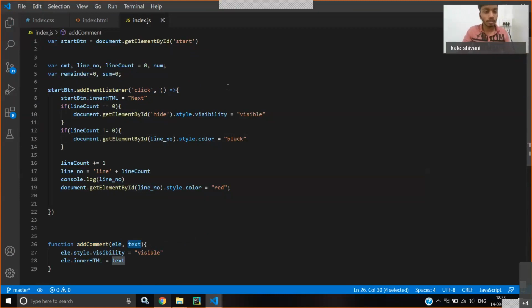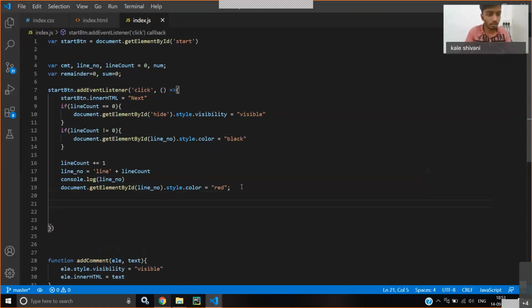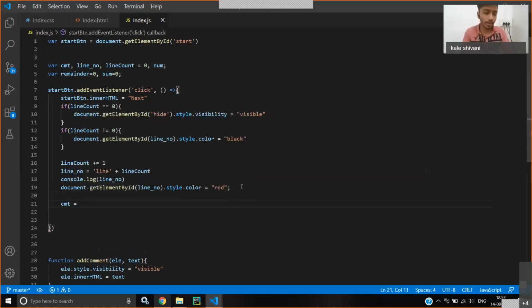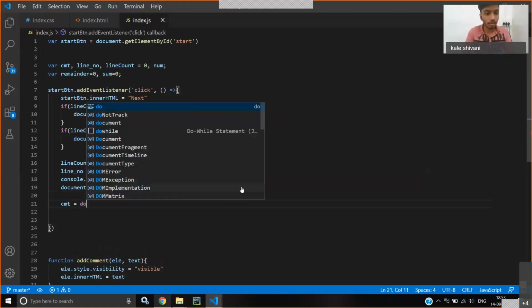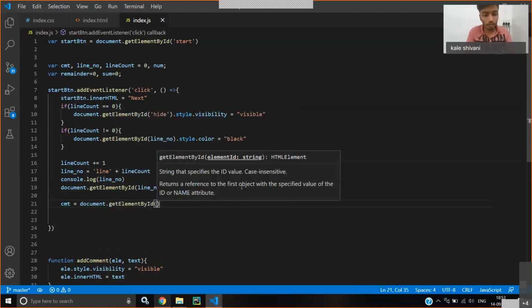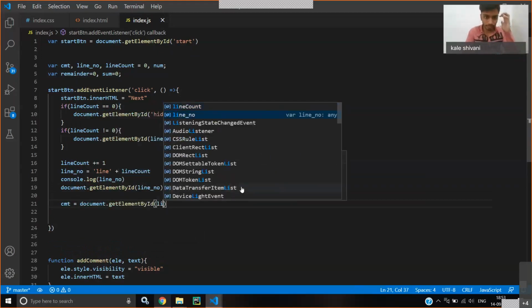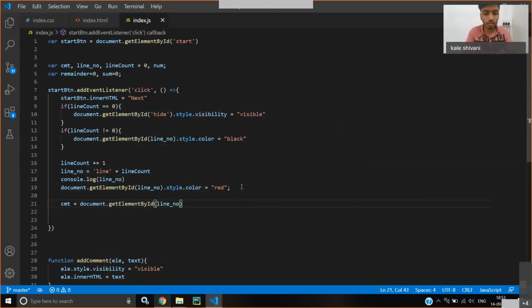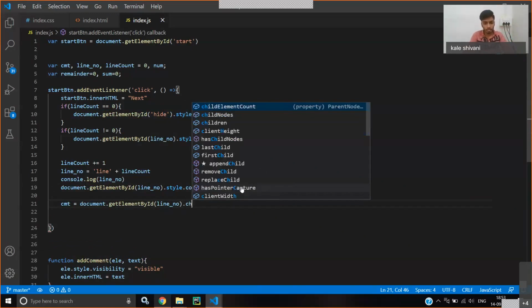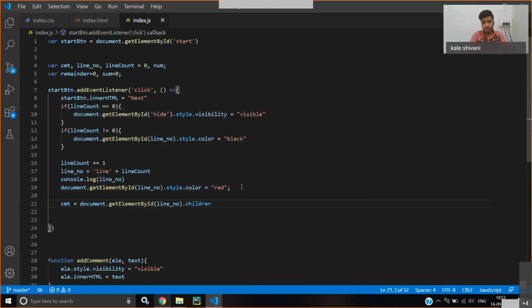Okay. So for that, first we need to get the comment. So CMT is a variable where I will store my comment element. Okay. So document dot getElementById. Which element I want to get is the line number, and I want to get its children. Okay. Children. So what the children property will do, it will return the children this ID has.